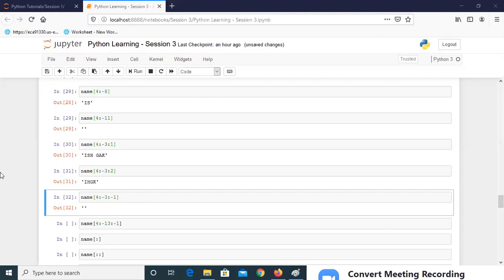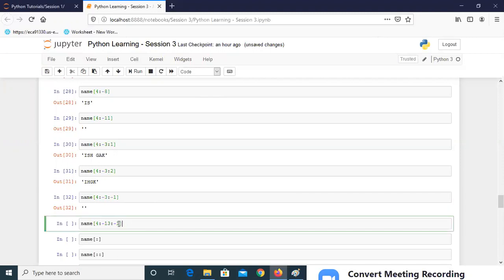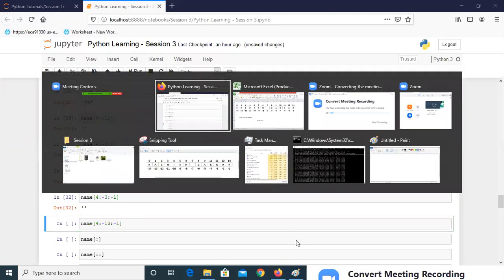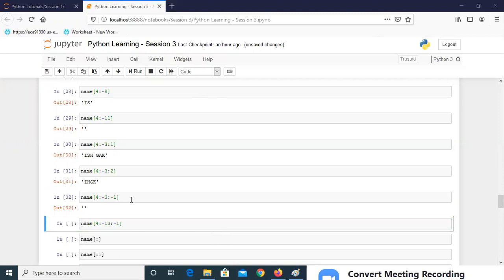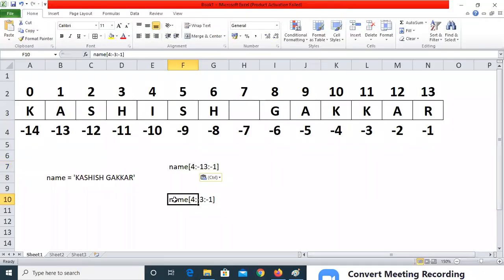Okay, let's proceed. One other example is 4 colon minus 13 colon -1. Let me copy this. 4 colon minus 13 colon -1.